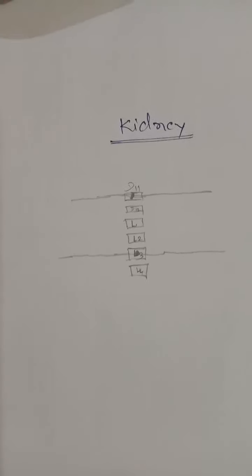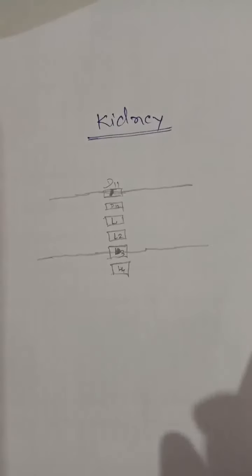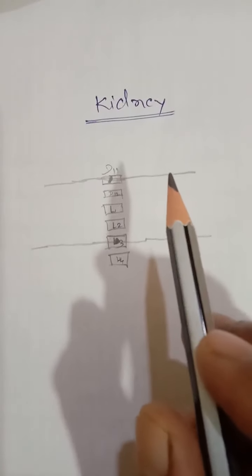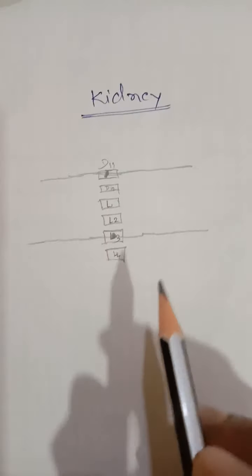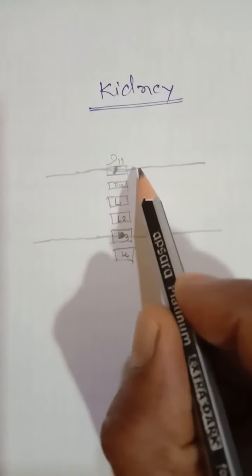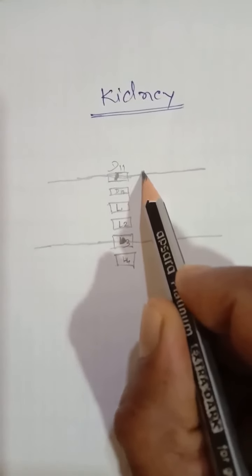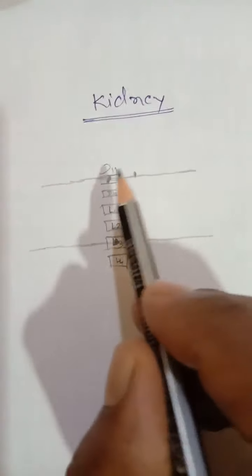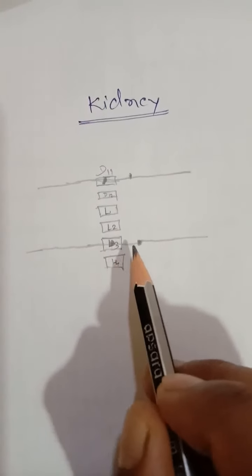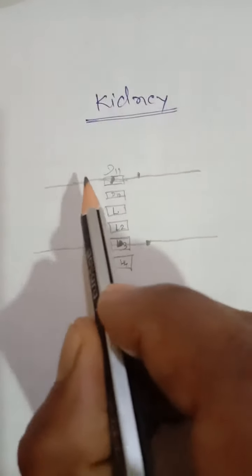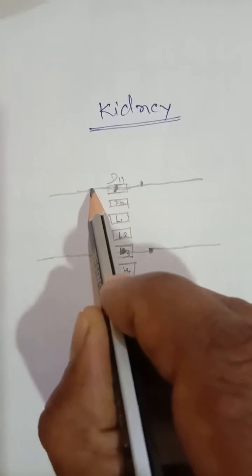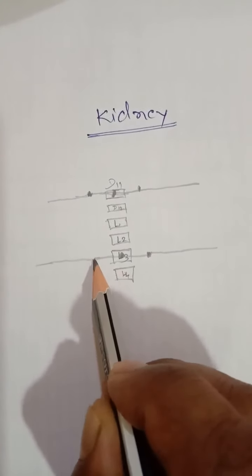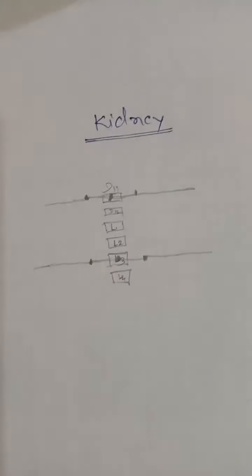Then on the left side and the right side, take 2.5 centimeter on the D11 vertebra and the L3 vertebra. So here you can see the 2.5 centimeter means this region, and 2.5 centimeter on the L3 level, that is the D11 level on the left side and the L3 level on the left side. Then the same measurement should be taken on the right side, that is the 2.5 centimeter, and at the L3 level on the right side, that is the 2.5 centimeter.